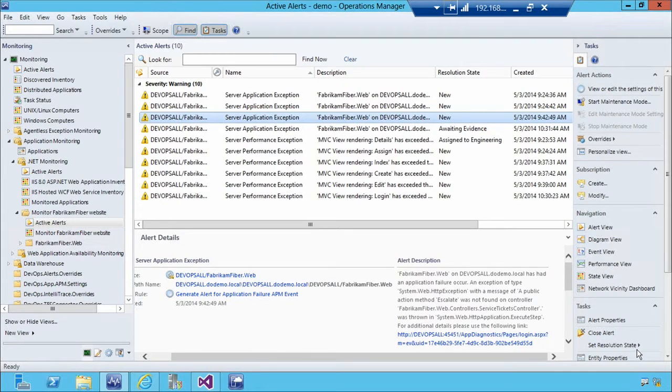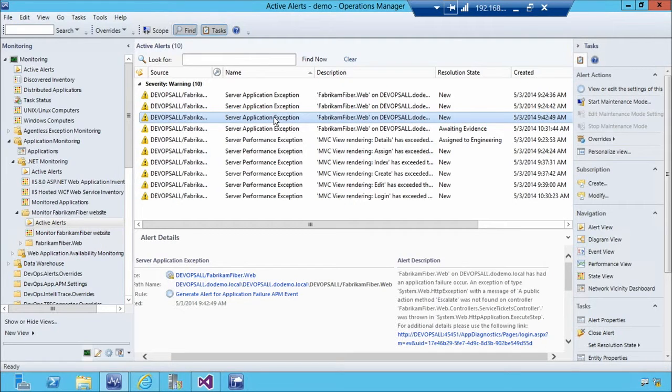Really moving back to that integration of teams working together and bringing down the time to fix and repair issues that we might be experiencing. And I'll call back to that description a little bit later when I go across to Visual Studio. So if we take that exception now, as an operations person, depending on your environment, depending on your structure in